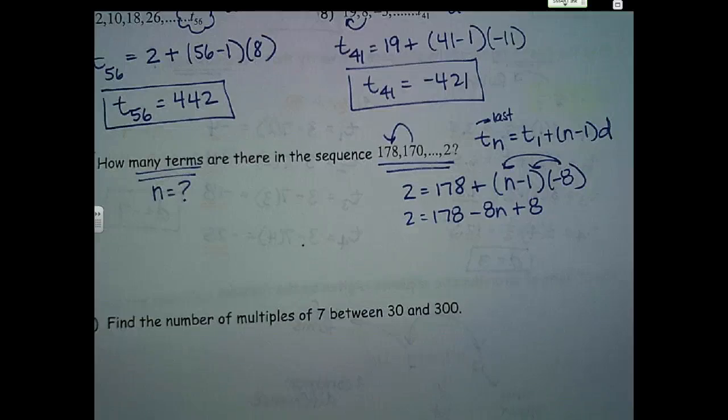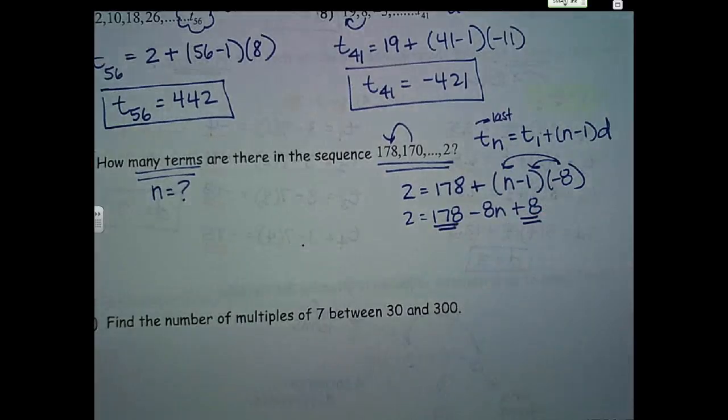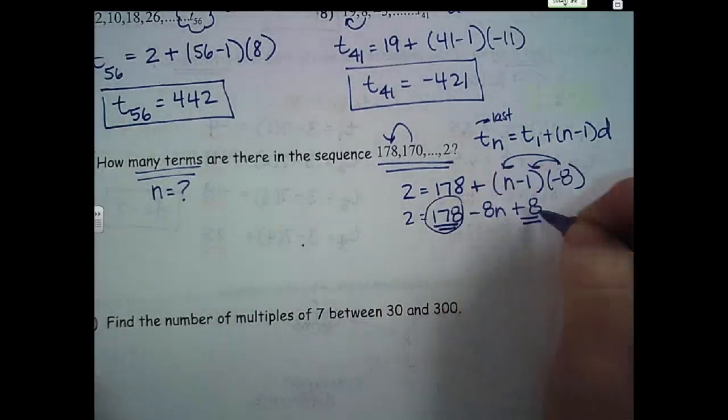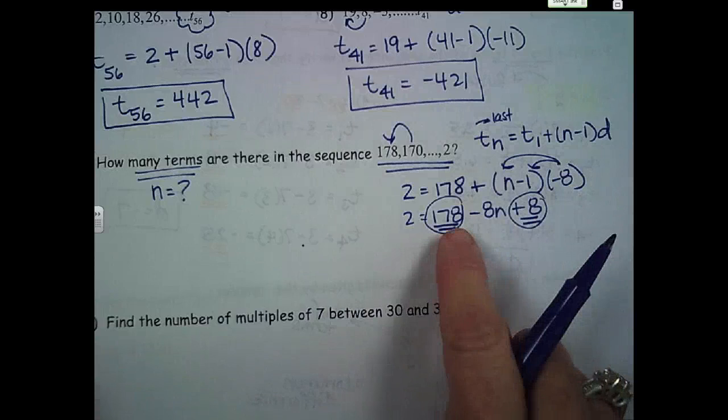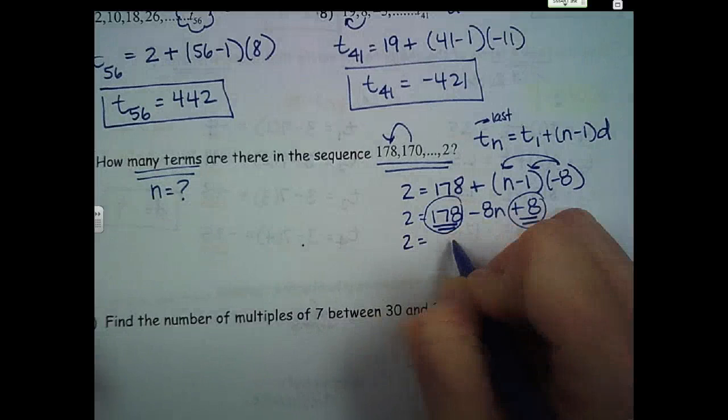Now your algebra skills are going to come in handy, right? Now, the next thing I think you should do is combine these on the right. Be careful. When they are on the same side, you add them. So 178, plus 8. So now I have